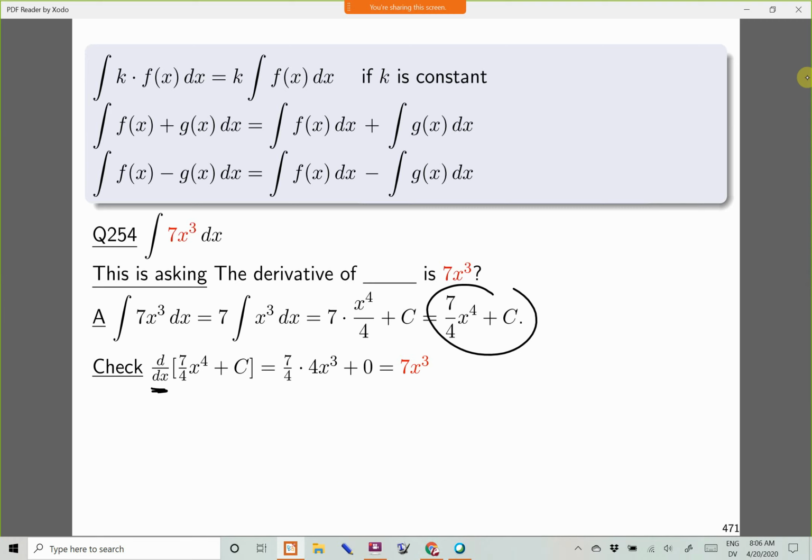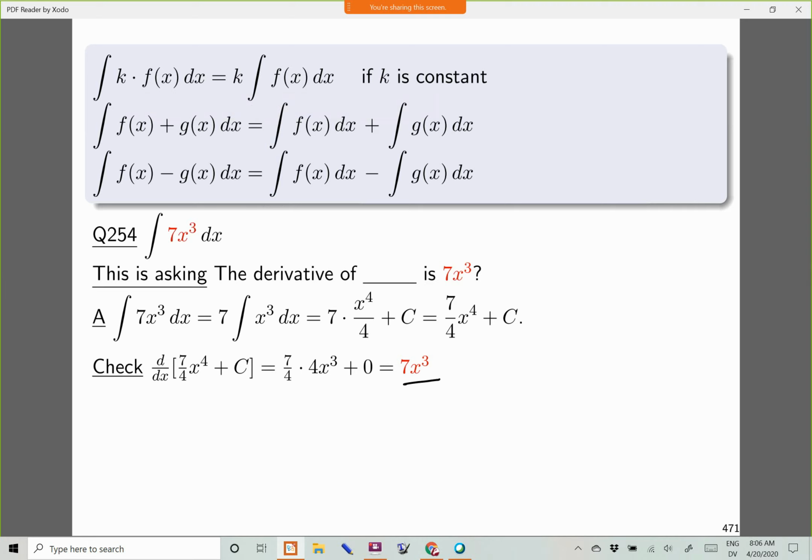So take a look at how this is written. The derivative of what was circled as our final answer, the derivative of 7/4 x to the fourth plus c. So let's do that derivative. You have a number times a function, so you copy the number 7/4, and then you take the derivative of x to the fourth, which is this 4x to the third that I'm underlining at present. There's a plus. Next term is a c, but if you have a fixed number like 300 and you take the derivative, you get 0. So you can clean this up a little bit by canceling the 4's, and you're left with 7x to the third.